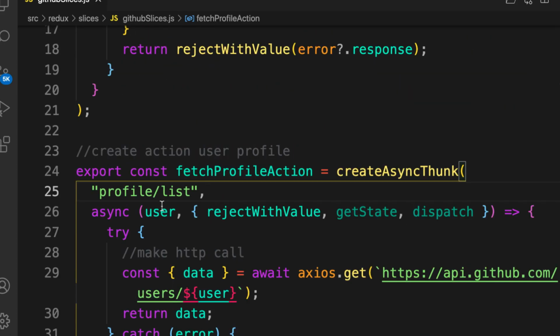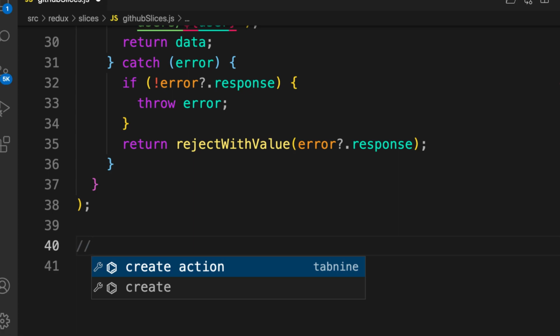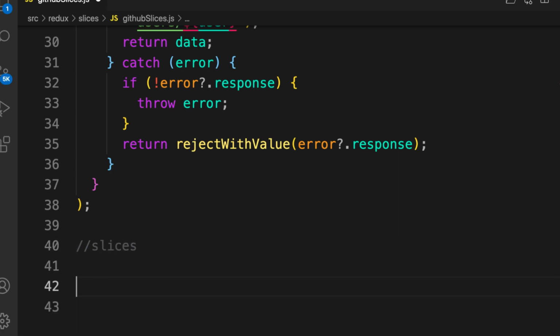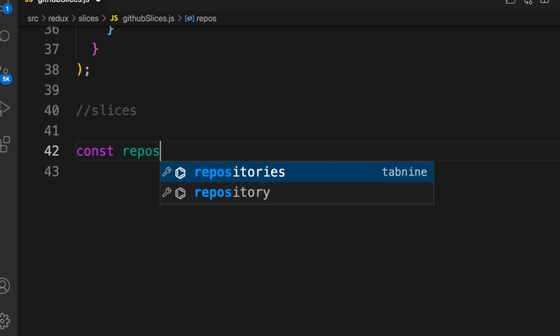So let's create our reducers. We call these slices. So we are going to create our slices to handle these actions. So let me call this one slices. And like I said, this one contains only one data called GitHub. So in this one, we're going to handle both the repos and the profile in this slice. So let's get going. So const repos